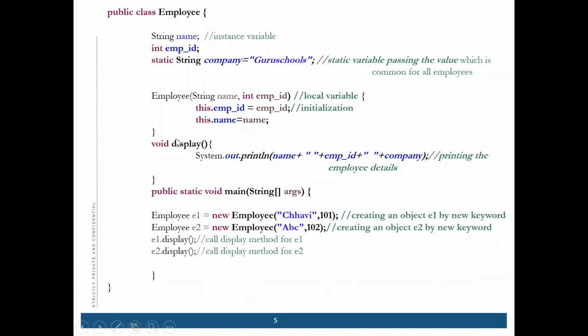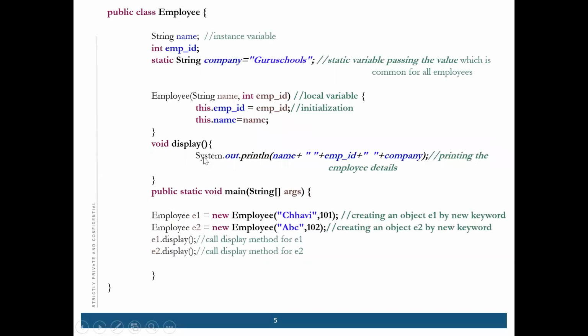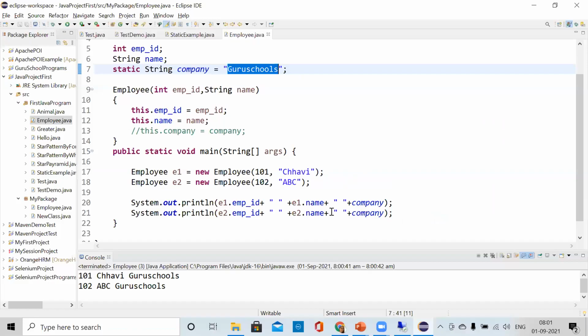So here what I have done is, I have created one more method, which is the display method. And then you don't need to write the output println again and again. Only one time when you write it, and then you create different objects and call e1.display, e2.display. It will give you the same output. You can try it by yourself. I will give you this PPT, then you can try it. Is that clear to everyone? Any doubt in this program?